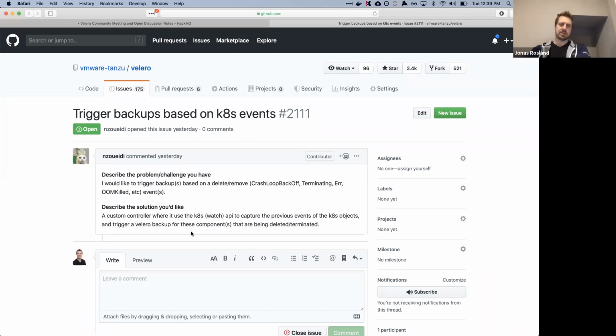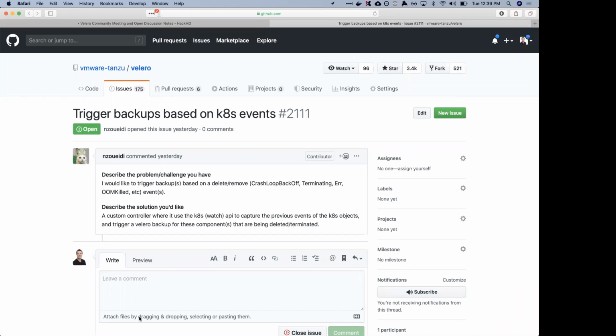Hey, Niall. Would this be something like a pre-event hook, where you want to back up before you actually delete and remove it? I don't think it would be pre-events. I could have some post-start or pre-stop hooks in my objects or in my pods, and whenever one finishes, it triggers a Velero backup.